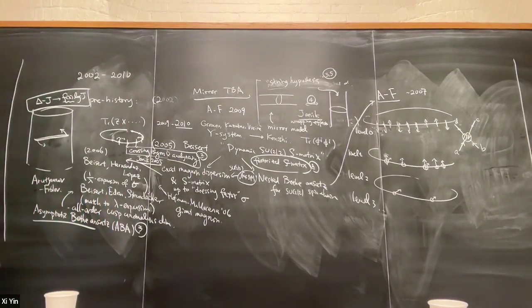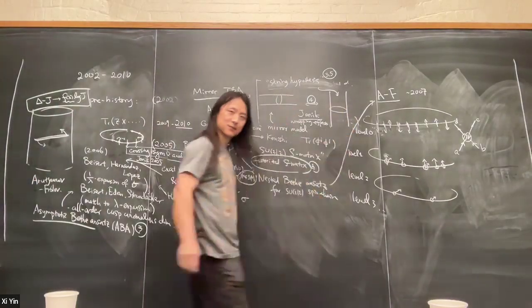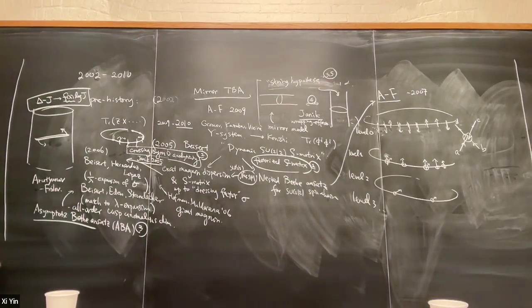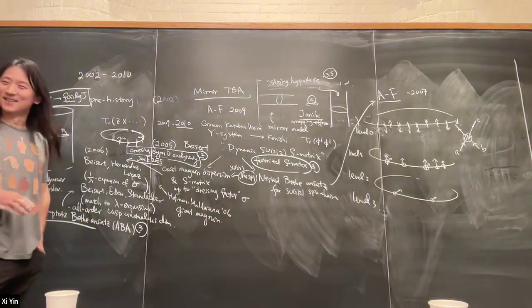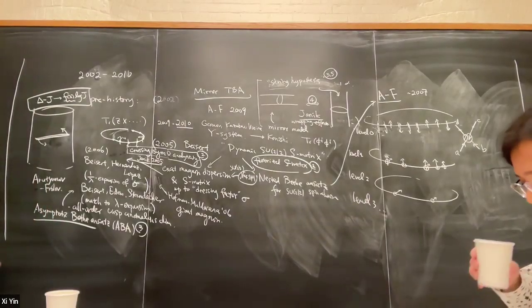The symmetry between the mirror model and the cylinder, is it checked or is it still...? It's checked in an extremely impressive manner, in the sense of checking the results, so checking the prediction on these wrapping corrections. Yes, it's checked in more impressive ways than you can imagine. There's almost no doubt that it is correct, even though it's very hard to understand how to actually derive it from first principles.